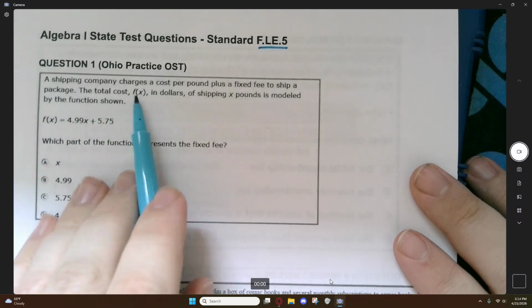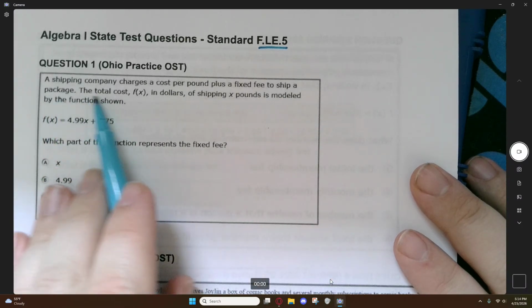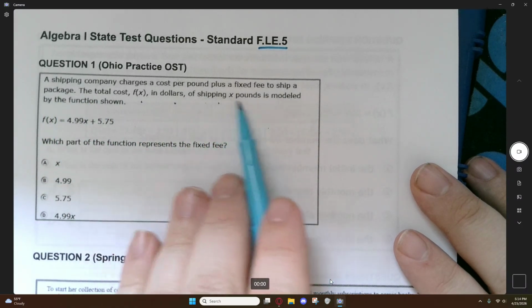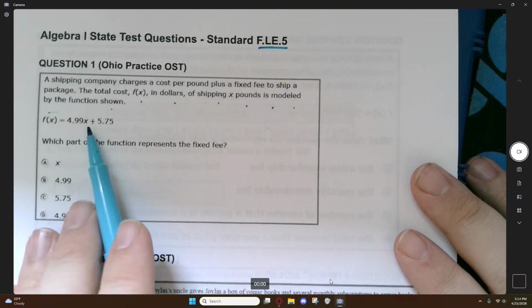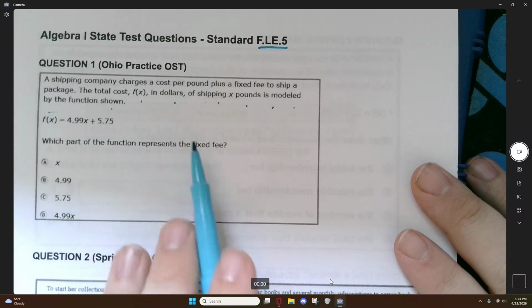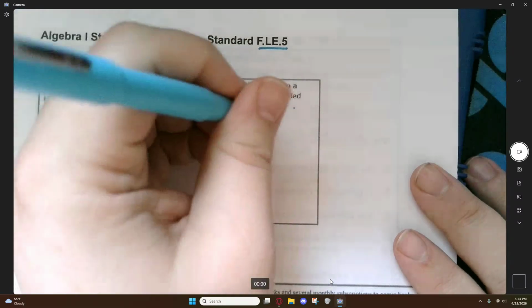A shipping company charges a cost per pound plus a fixed fee to ship a package. The total cost f of x in dollars of shipping x pounds is modeled by the function shown. f of x equals 4.99x plus 5.75. Which part of the function represents the fixed fee? So, this,